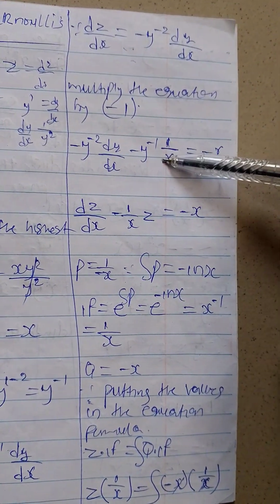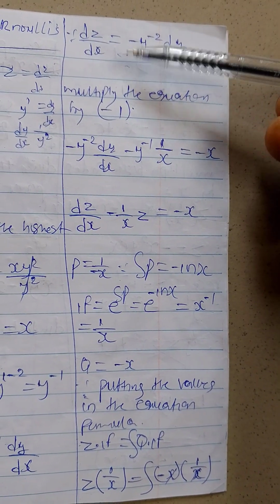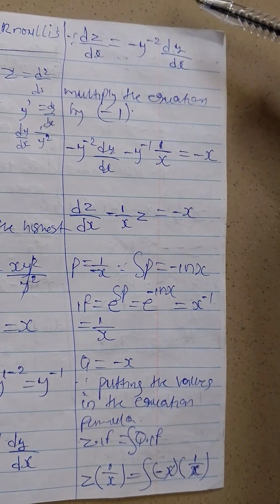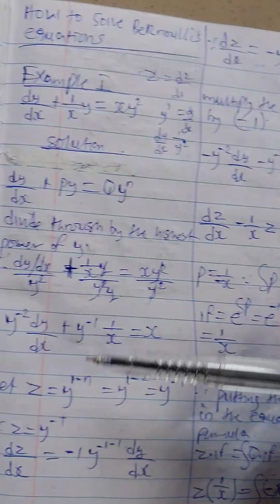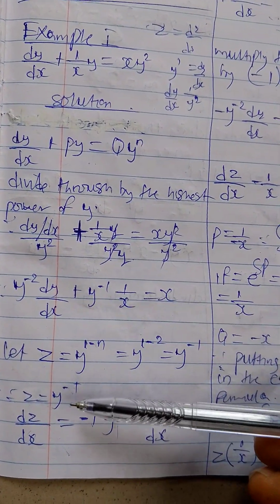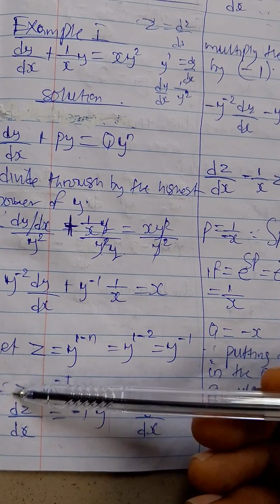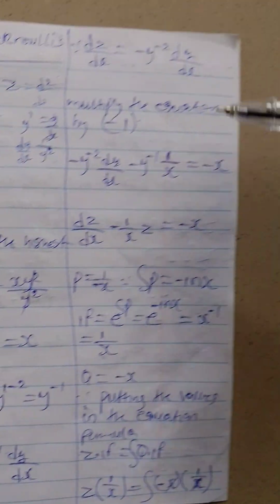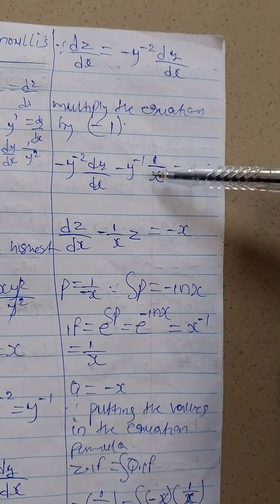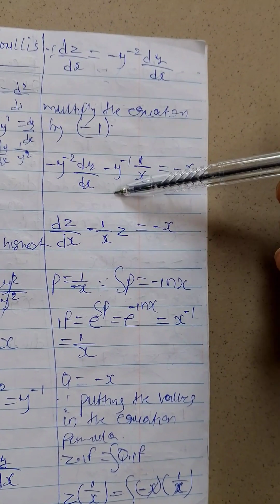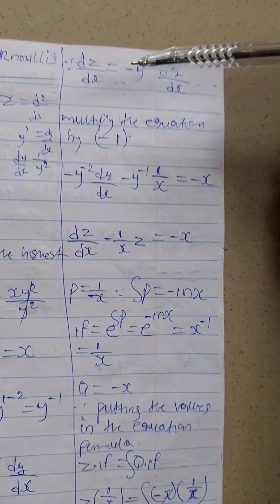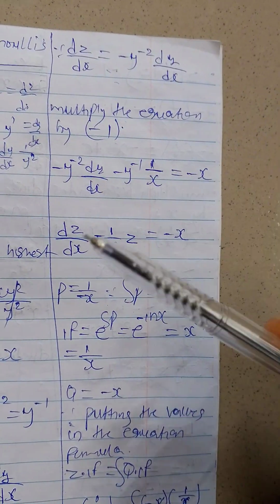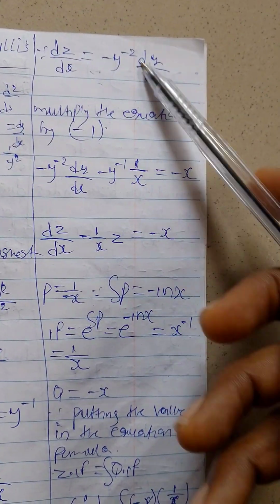I have to compare this equation with my differential equation. You understand? After multiplying the equation by the power of y in terms of z, which is minus 1, this was my answer, right? So after doing that, I have to compare my answer with my differential answer. You understand? So if you check this now,